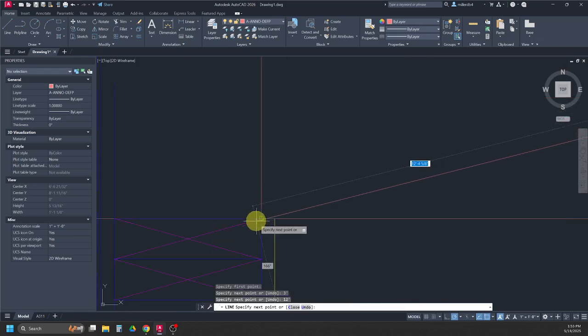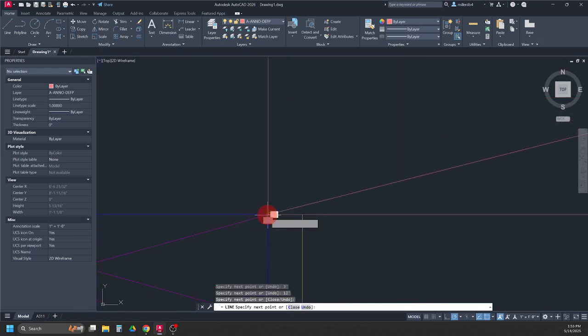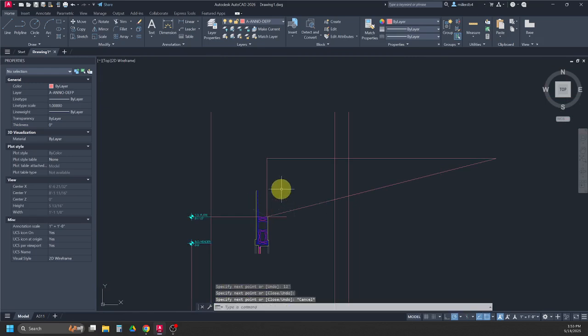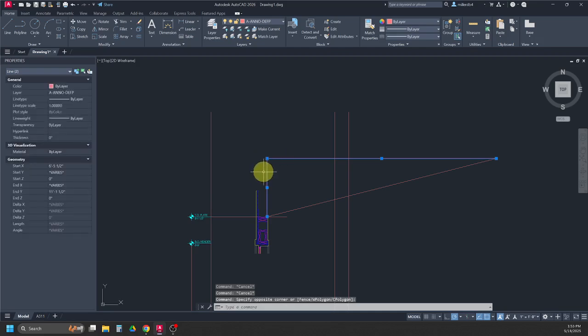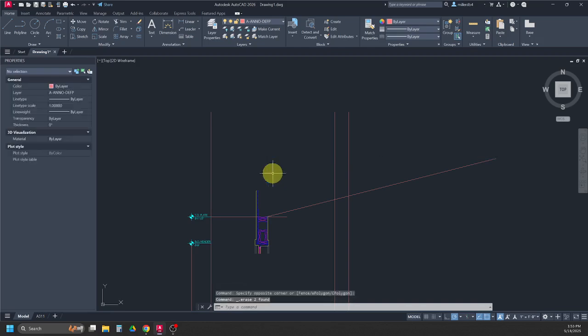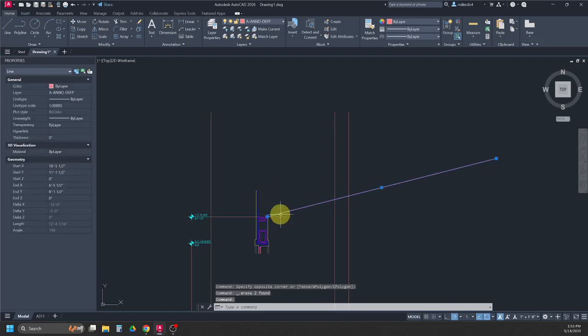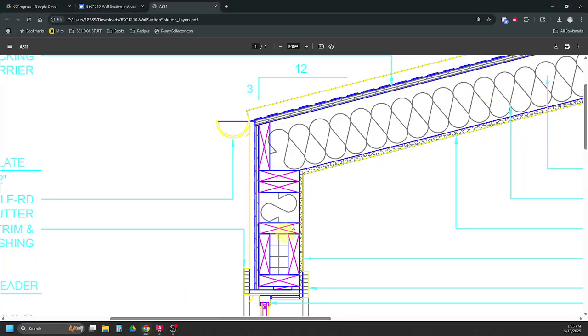And then I'm going to go back to where I started, click, and then hit escape 100 times to close it. So these 2 lines I really just had as a reference to figure out where things were going. So I'm just going to select them and then hit delete to get rid of them. And then I'm going to offset this line up the thickness of my materials and then down the thickness of